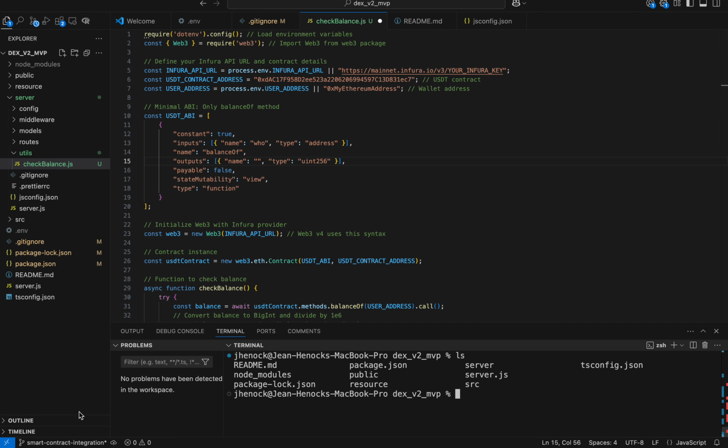What I did is create a new branch to integrate the smart contract API. Basically, for a quick test, I have chosen to interact with the Ethereum network, and inside the Ethereum network, I'm interacting with the USDT contract so far. To do that, I had to quickly create this